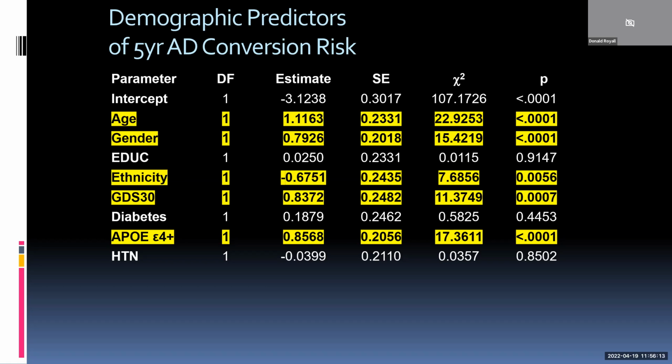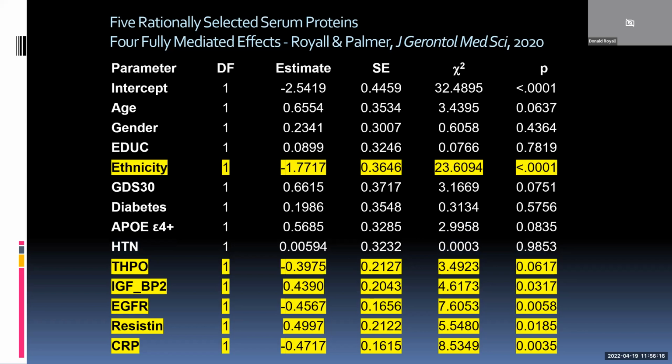And so we'll just skip straight to the final model. And here are those previously identified mediating proteins effectively attenuating the combined effects of age, gender, ApoE, and depression on prospective MCI conversion risk by biomarkers alone now. So what I'm saying is that you can use D scores to find functionally salient biomarkers that then can be intervened on to specifically address unique dementia risks.